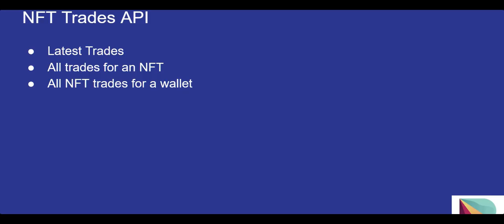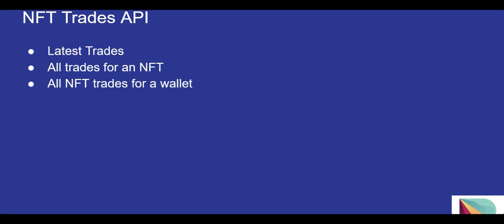In the NFT trades API, you can track a lot of information. When we refer to trades, it includes a lot of things, including the latest trades for an NFT token, the latest NFT trades for a wallet, and all the NFT trades that have happened during a particular period. So it includes a lot of things. We will now see an example of how to track NFT trades with Bitquery's NFT trades